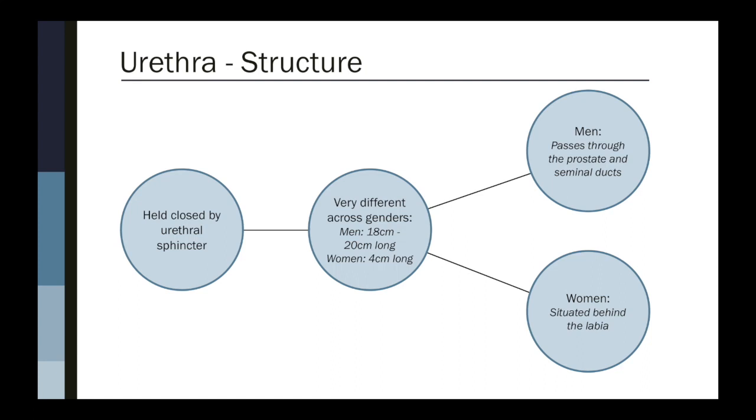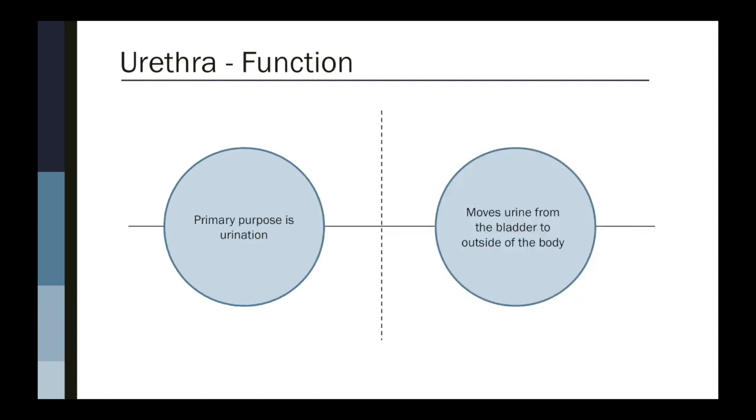behind the labia. The functionality of the urethra is pretty straightforward, as its purpose is to move urine from the bladder to outside of the body. It's also important to note that in men, seminal fluid will also travel out of the urethra when it exits